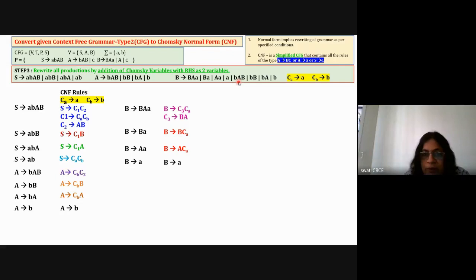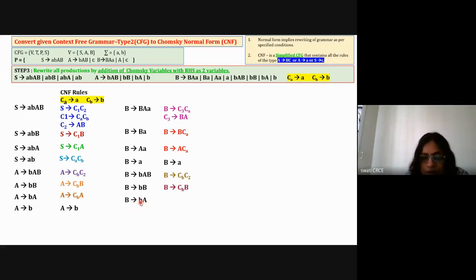Now take the next one. Capital B is equal to small b, AB. Okay. Now here also for AB we have already defined C2 and CB, B is equal to CB. So use that and B is equal to CB C2. Then take the next rule, B is equal to small b capital B and write it as CB capital B. Then take BA. This was similar to A's, no? All these things. So the right hand side will become the same only. So CBB.